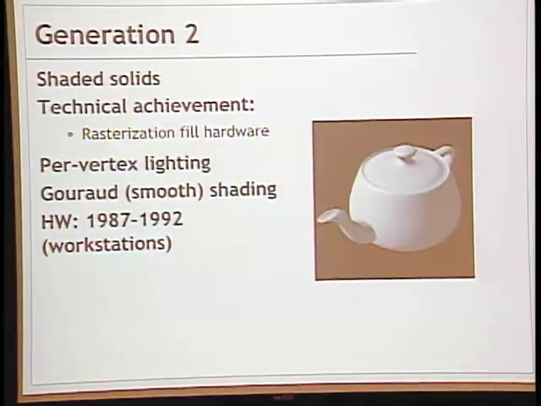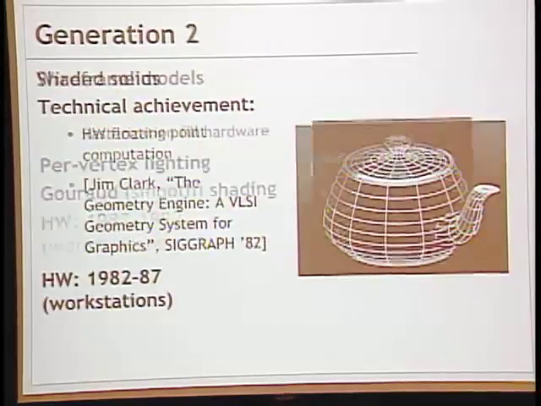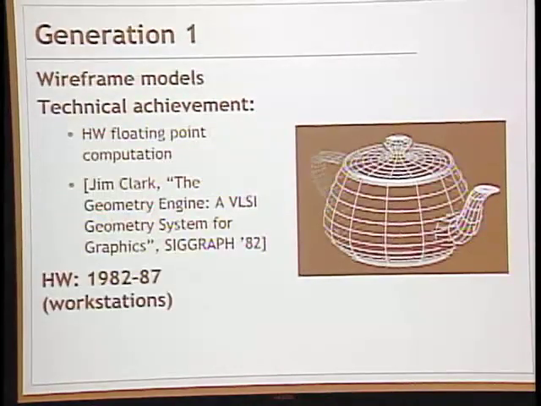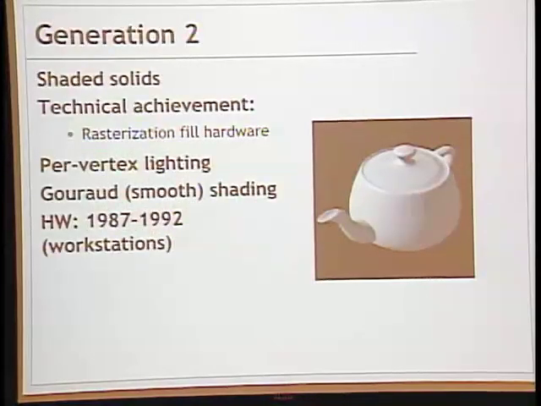If you look at how many pixels are drawn here, it's far, far fewer than you had here. And so whereas the bottleneck here was how many triangles per second or how many pieces of geometry per second you could do, the bottleneck here is much more how many pixels per second you can draw. And we'll be spending a lot of time talking about this trade-off between geometry rate and fill rate. Here the problem was fill rate, but SGI again pioneered doing rasterization fill hardware, so hardware that will actually fill in all those